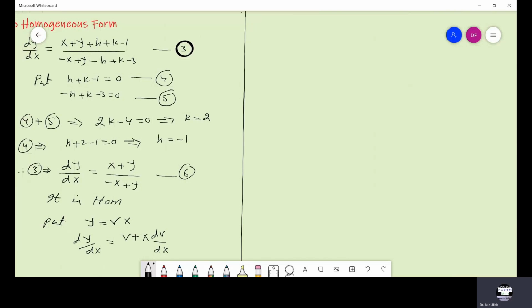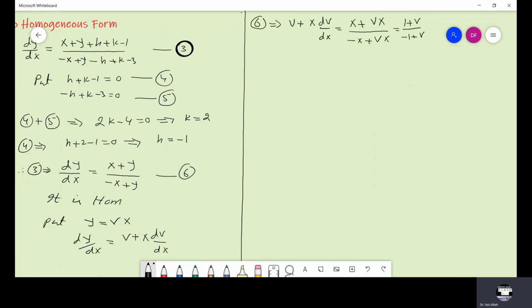Now we get from equation number 6 that v plus x dv divided by dx is equal to x plus vx divided by minus x plus vx. Taking x as common and then simplifying, we have 1 plus v divided by minus 1